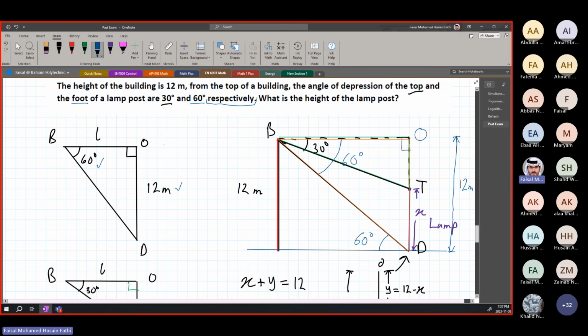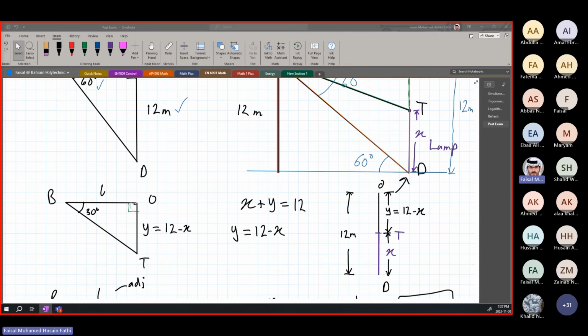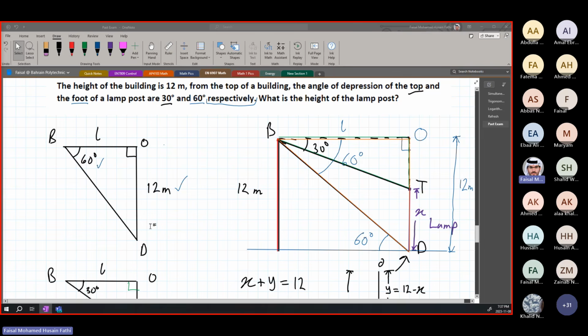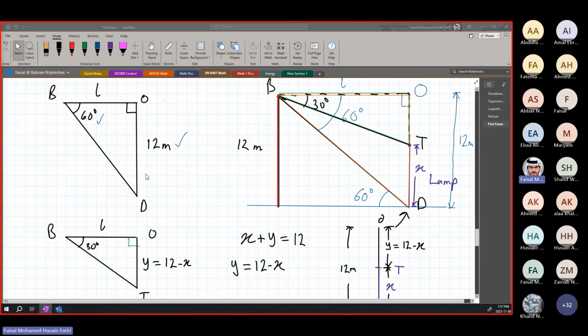So now I have 2 dimensions. With a right triangle, if you have 2 dimensions, you can find the third. What is the third dimension? The L value here. This L is similar in both triangles, because we have BO and BO. So it is similar in both the triangles. Okay? That's why I chose these triangles in this way and then I started solving the triangles. Does that make sense?